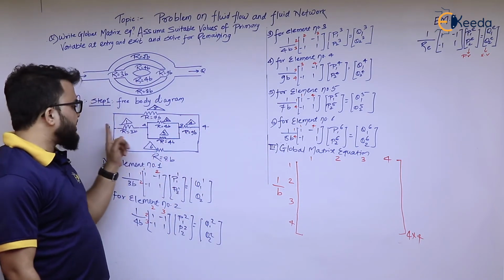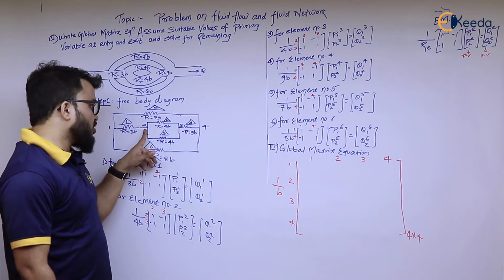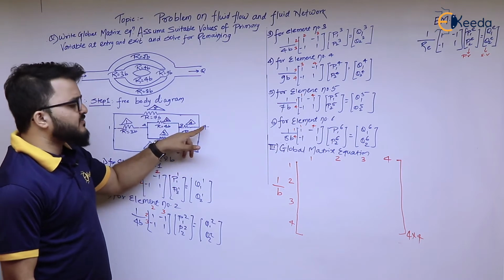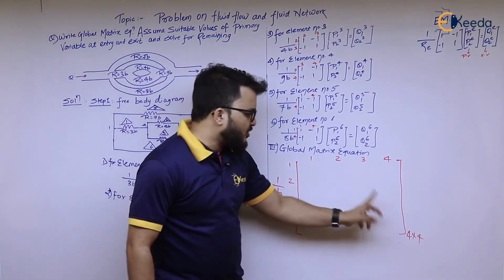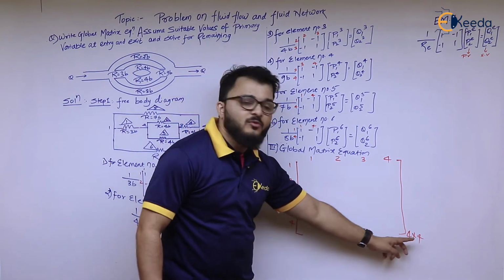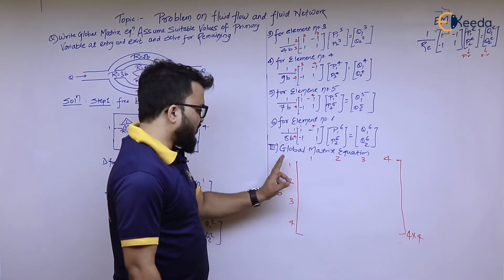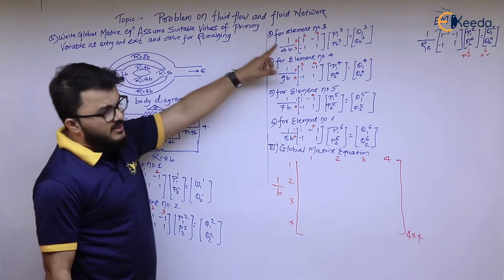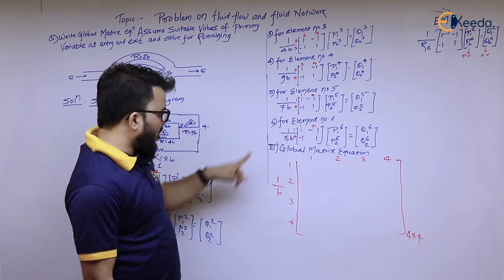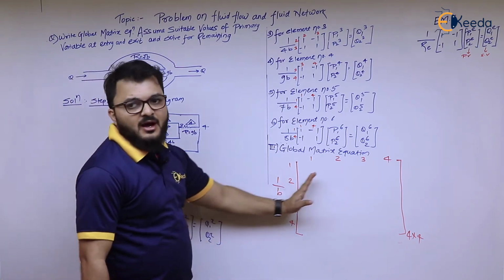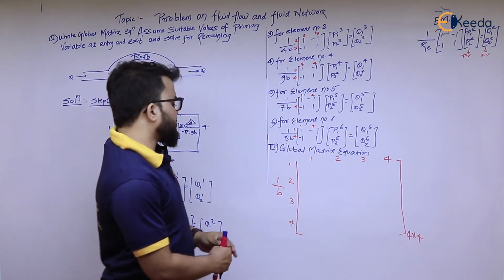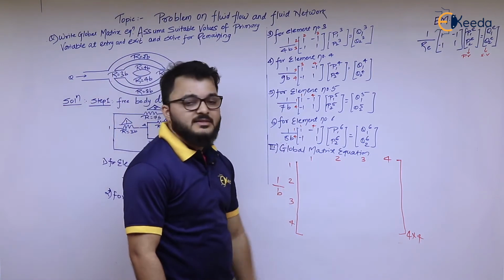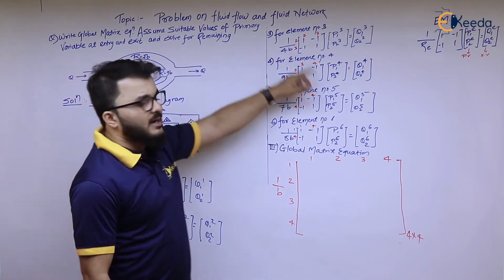This is node number 1, this is node number 2, this is node number 3 and this is node number 4. So my total number of nodes is 4, and the order of the global matrix equation will be 4 by 4. I am numbering 1 2 3 4, 1 2 3 4. In all the element matrix equations, 1 by b is a common factor, so I am taking 1 by b outside the matrix. Let us number all these elements and fill up this matrix using the data of the element matrix equations.